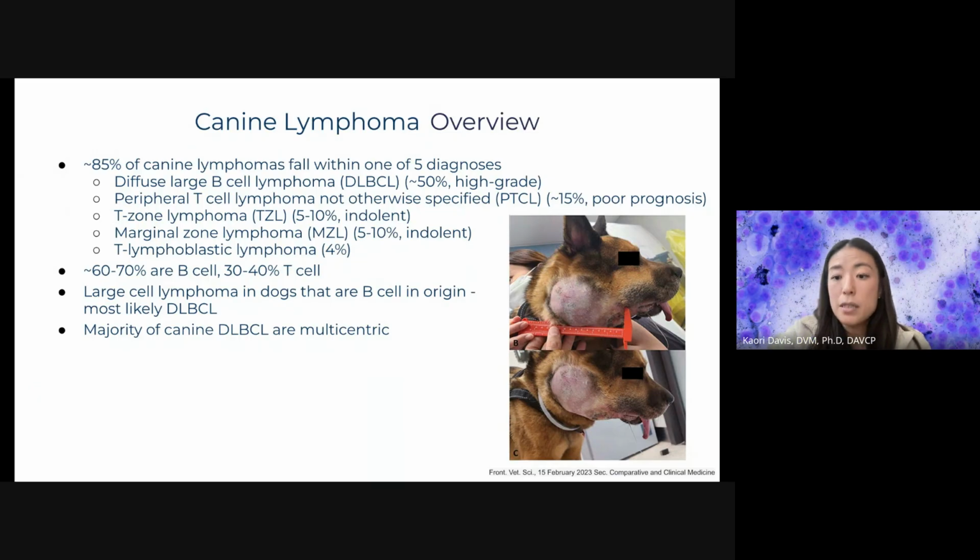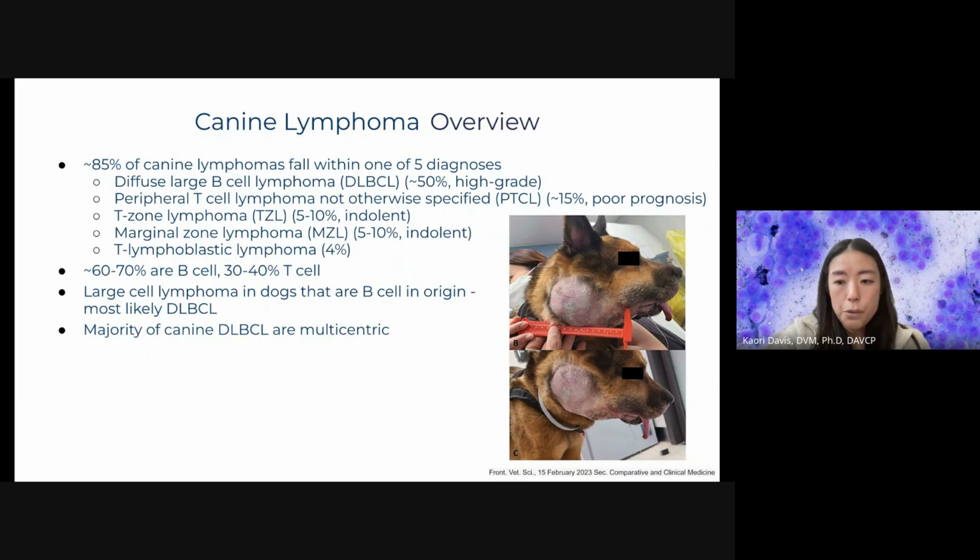Marginal zone lymphoma is another indolent lymphoma, and it takes up about 5 to 10% of canine lymphomas. And we also have T lymphoblastic lymphoma, which is about 4%. In dogs, about 60 to 70% of lymphomas are B-cell origin, and then 30 to 40% of lymphomas are T-cell origin. Based on these statistical data, we can make an educated guess when it comes to canine lymphoma